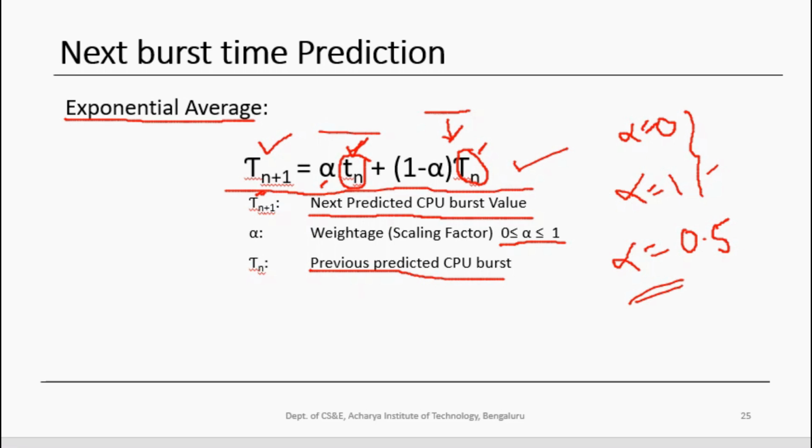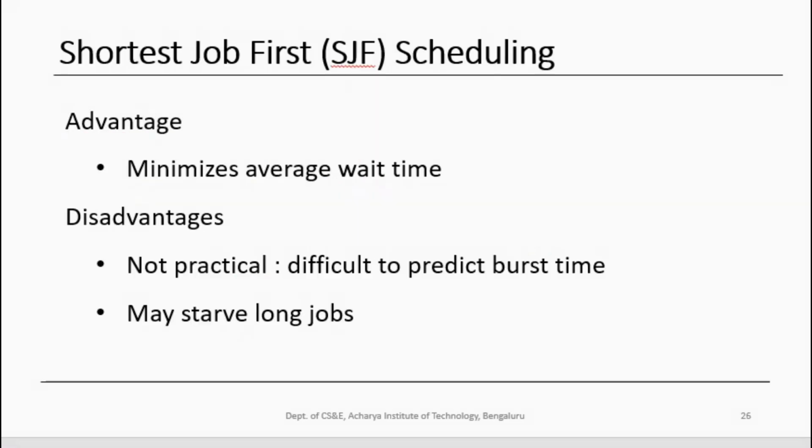Though this works normally, SJF scheduling algorithm is called a conceptual or hypothetical algorithm and not practically implementable. So that's the disadvantage of SJF algorithm. I have listed out the advantages and disadvantages of shortest job first